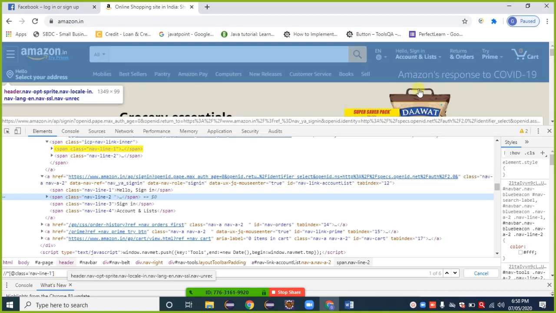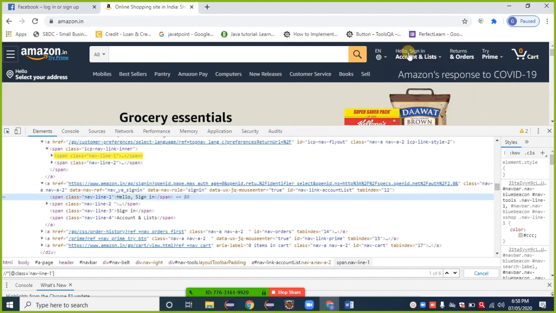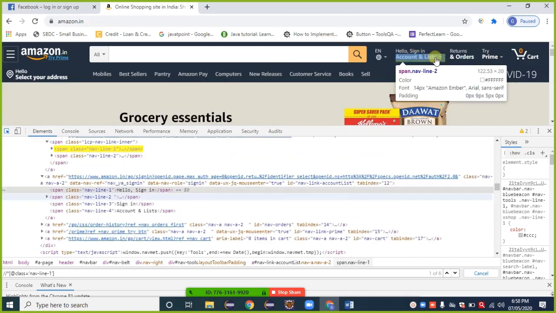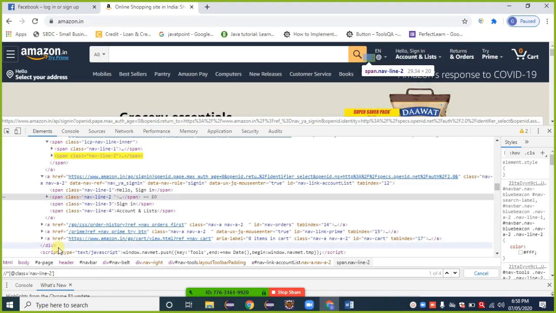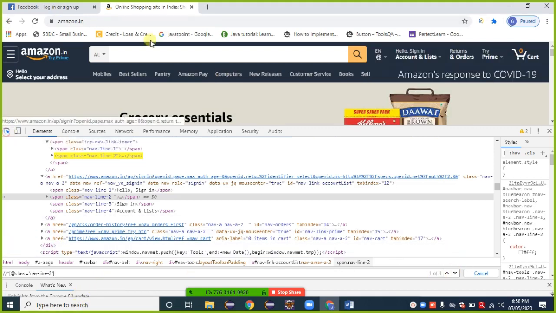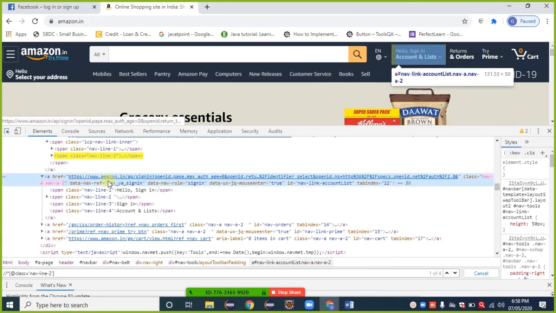So I need the perfect one. So I am going with another one here, Hello, Sign in. That is given here as class. This second one, class, now line 2. Just check it. 1 of 4 highlighted. Okay, the total button is available. Here an ID is available. I can go with the ID also.